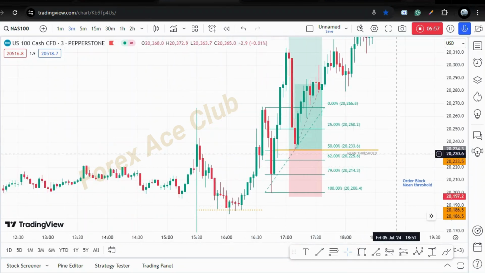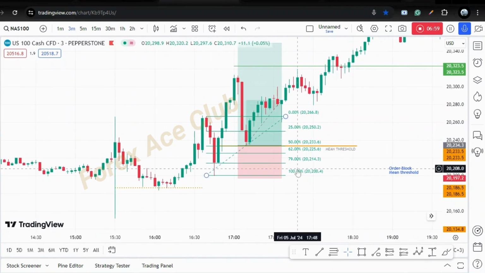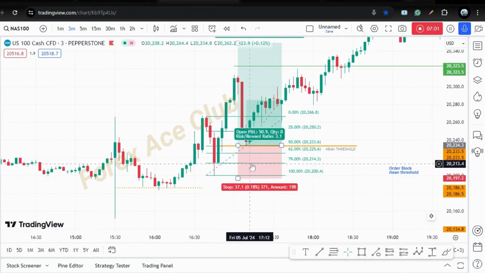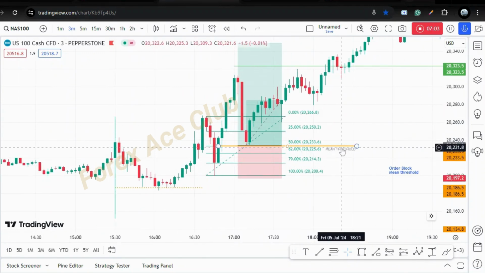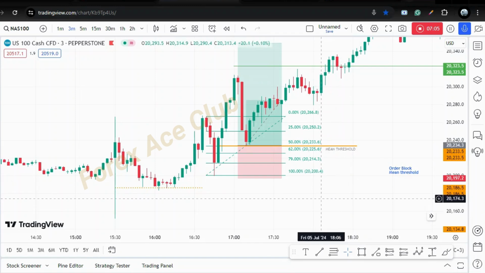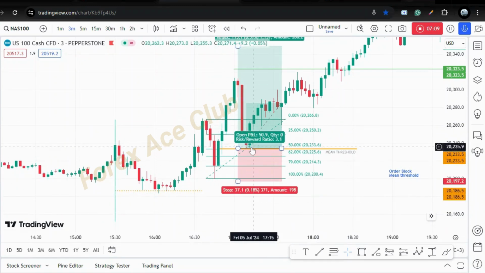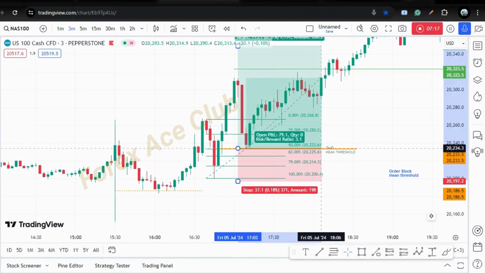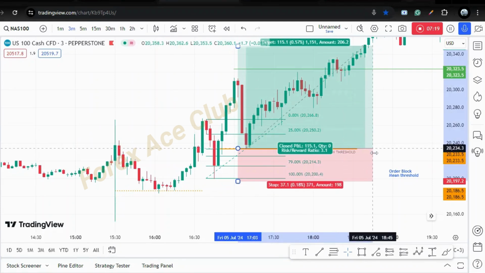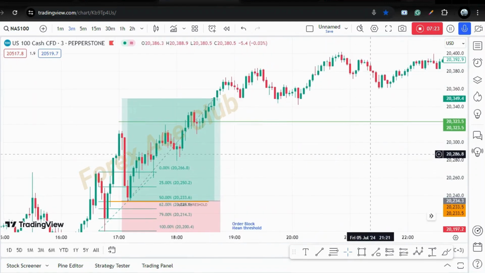That's the mean threshold. With the fib retracement, I don't like having too many lines, but I've just drawn the line so that you can see it. So mean threshold, entry point, take profit. The market bought, and my take profit was hit here. So let me go to the next trade,